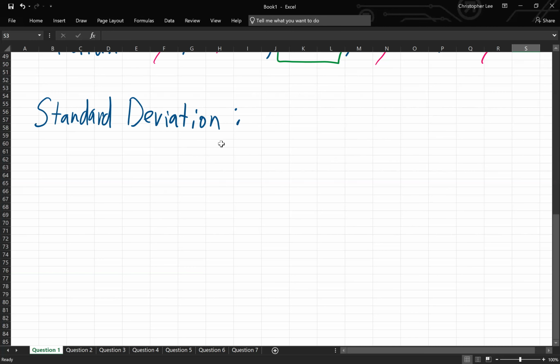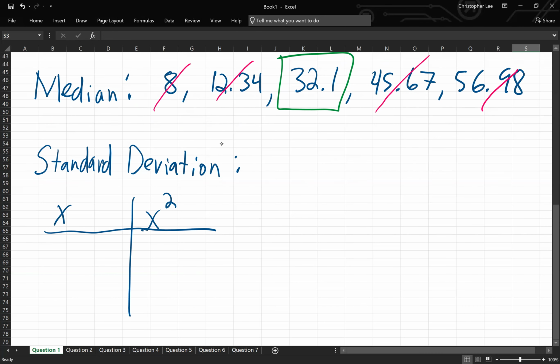My favorite way to do it is to use the computation formula. So all I got to do is find my x's and then find my x squares. So what are my x's here? I'm just copying from the median. You do not have to put them in order to do this method. But if you want to copy from the original question, that's fine. So I have 8,